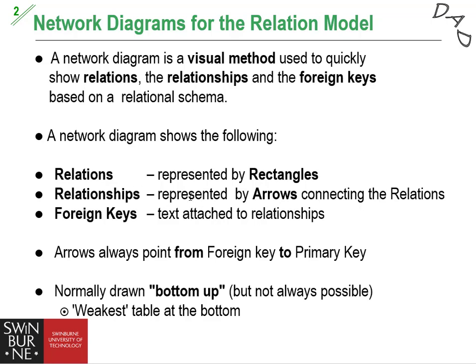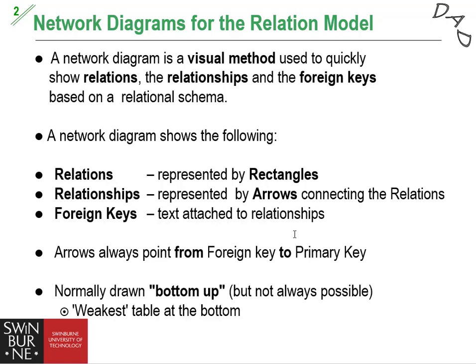We show the relationship by using arrows connecting each entity or relation, and then we are showing only the foreign keys, right? We have to choose what foreign keys each entity or relation consists of, and we attach that foreign key to each